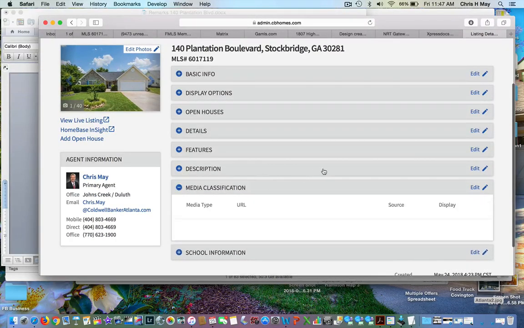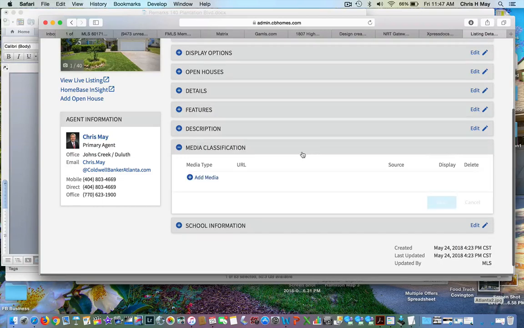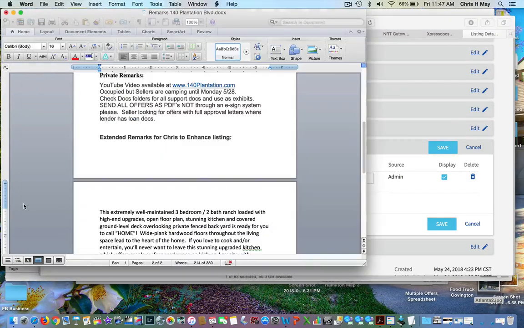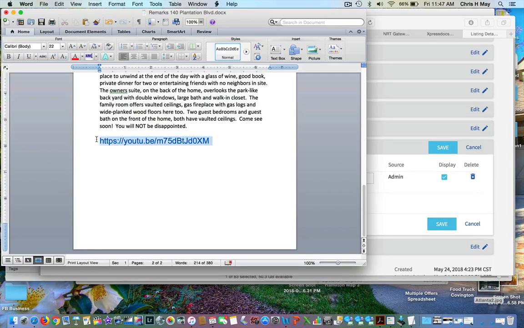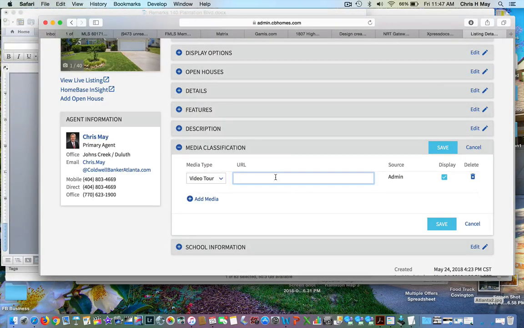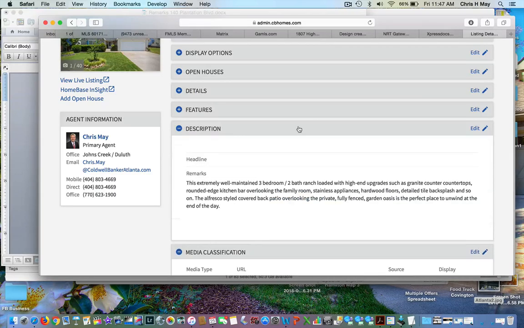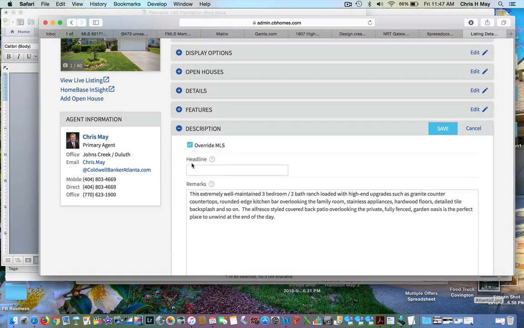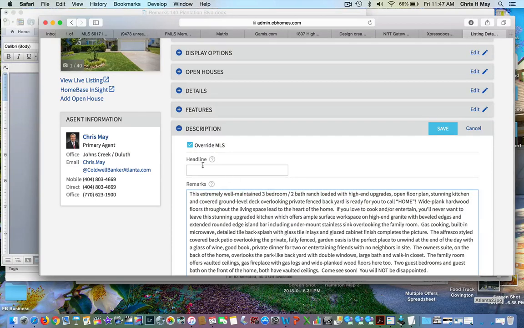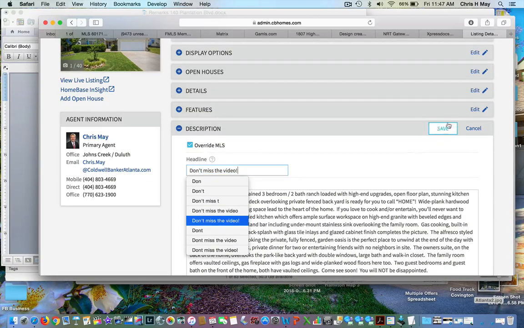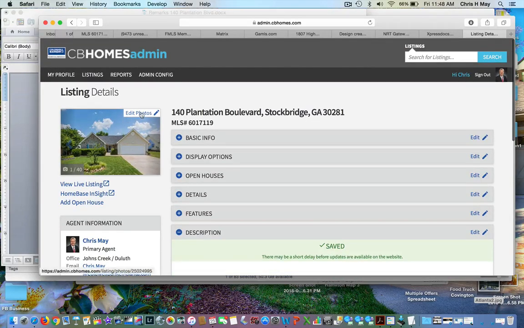So we grab our media classification, we edit it, we add media type, change this to video tour, come over here and grab my YouTube link, copy, paste, save, come over here and grab our extended description, copying, expand upon the description, hit edit, hit override, paste your extended description, put your headline in, hit save, come up here to the top, hit edit photos,